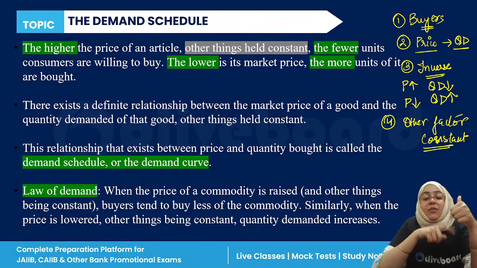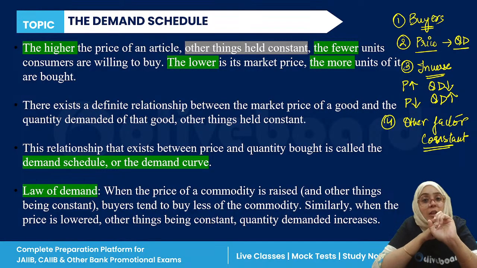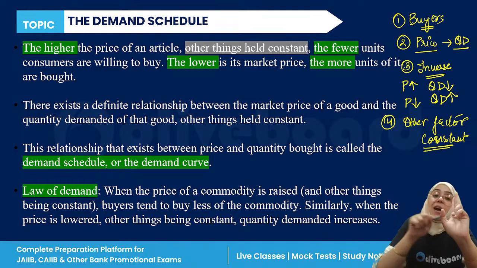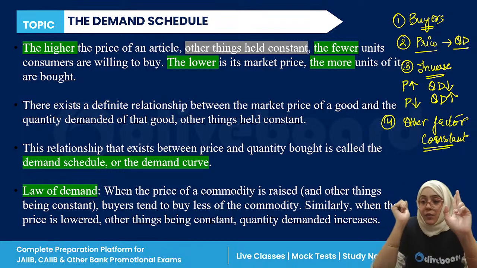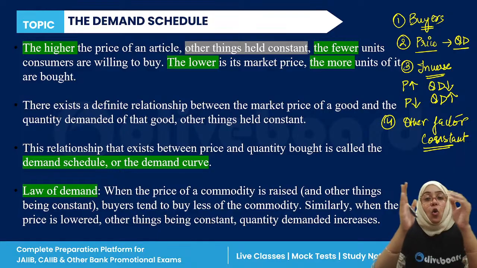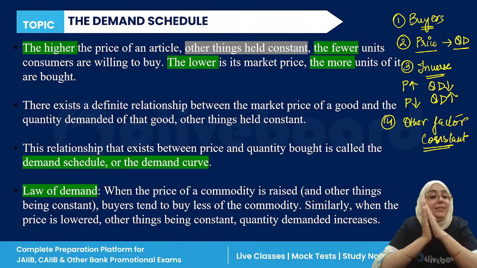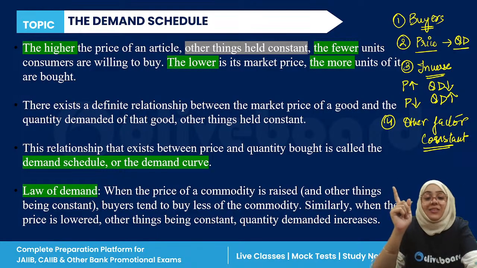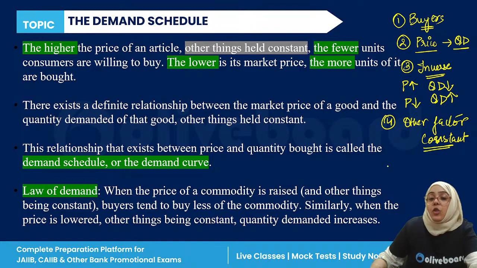So first of all, the law of demand is according to the buyer's perspective. Second, it shows the relationship of the price over the quantity demanded. Third, it shows the inverse relationship, meaning as the price increases, quantity demanded decreases and vice versa. Fourth, we have to take all the other factors constant. And the last point of the law of demand is that the law of demand curve is always downward sloping